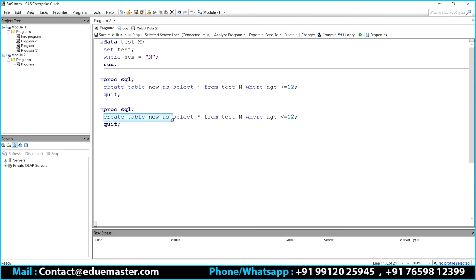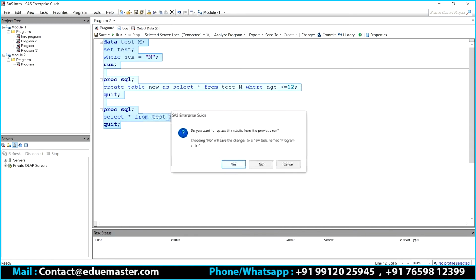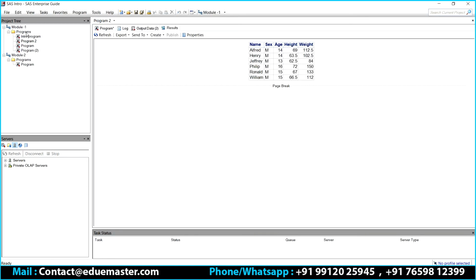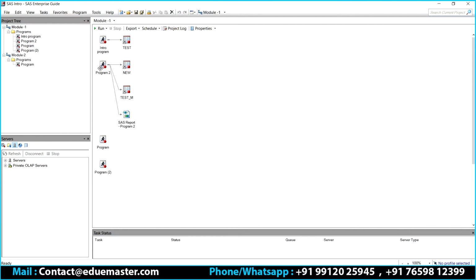Make sense, guys? I'm not asking you to understand this completely, but on the whole, are you able to manage how the look and feel of this is? That part I'm looking at. Now you can see I have created two tables and I have also created one report here.